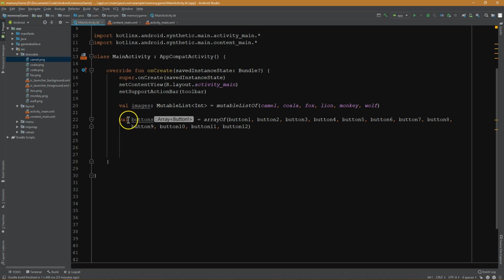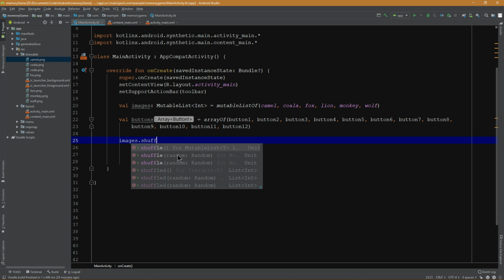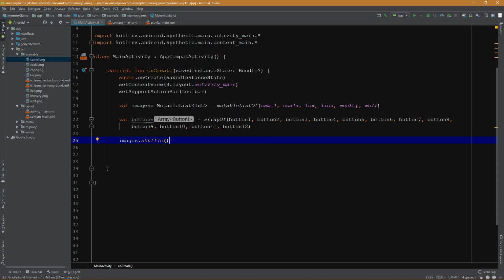Alright, and now, well, let's go ahead and dive into how this is going to work. First off, we want to make sure that when we push these images of the animals out to the buttons, they are not always in the same spot. How we can make sure that happens is images.shuffle. Okay? And now this will randomize the placement within the array of our images. It's super handy actually. And then what do we want? We want to make sure